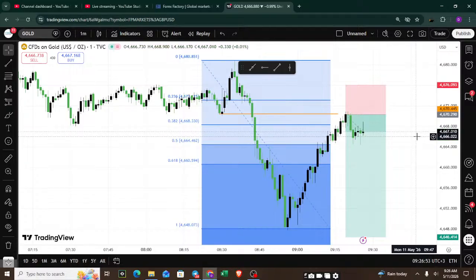So the price is now stalling for 1, 2, 3, 4, 5 minutes. If it continues to stall for another 5 minutes, I'll have to cut off this trade and then wait. Remember, what is helping me in this market is not my system per se, but it is my ruthless execution.